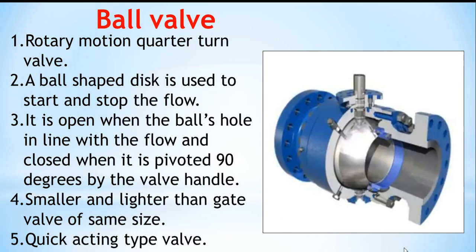So there is a ball like structure inside the main body of this valve, and this ball has a small hole in it. When the ball's hole and the flow are aligned with each other, then the valve allows the fluid to pass through it. Otherwise, it will not allow. The main advantage of using this kind of valve for any isolation purpose or for any shut off purpose is that this valve has the property of quick action. Unlike gate valve and globe valve, this ball valve will offer a quicker action than expected. So that is the main reason why we use a ball valve.